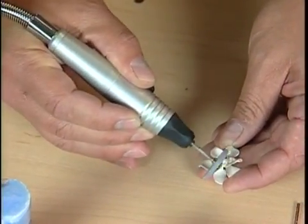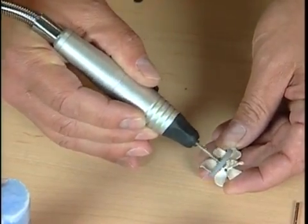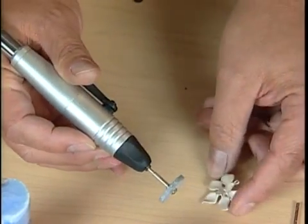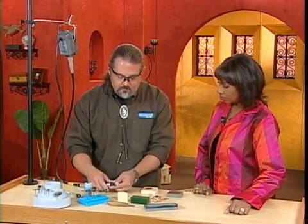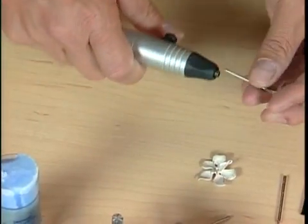Boy, is that a lot easier than doing it by hand. A lot of times, you can't even get a hand tool in there. If you did a file or anything else, you wouldn't be able to get it in there. So you'd start by grinding, mostly, and then you can go to a sandpaper on a...